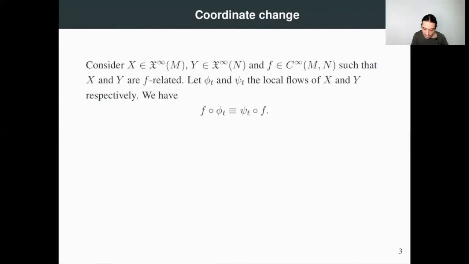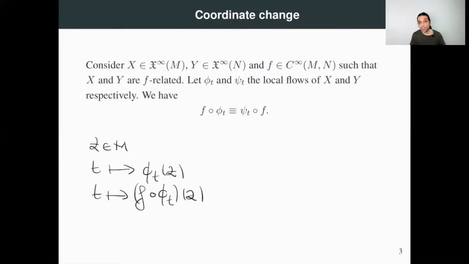If we consider a point c in M, when we consider this curve parameterized by t, this is a trajectory of the vector field X. So if we apply f, and we consider then this other curve, this has to be a trajectory of the vector field Y. And so it has to be psi t applied to the initial condition. Okay, but the initial condition is obtained when t is equal to 0. Phi 0 is the identity, so when t is 0 this is f of c. So we have